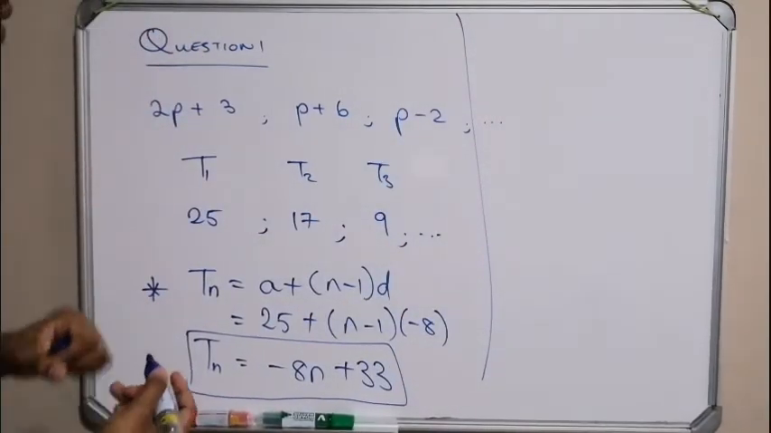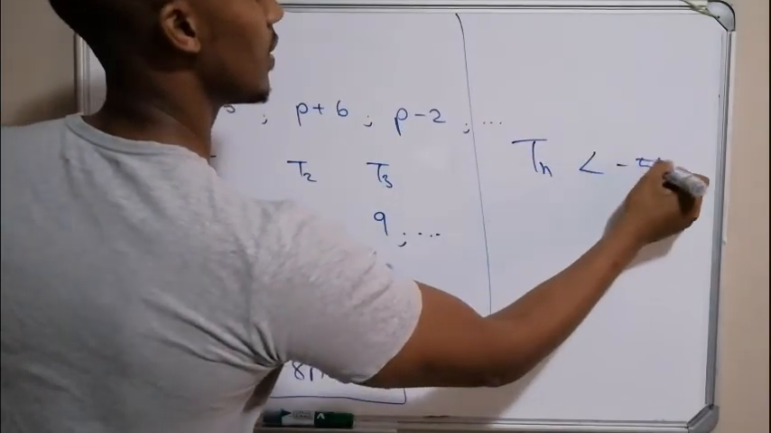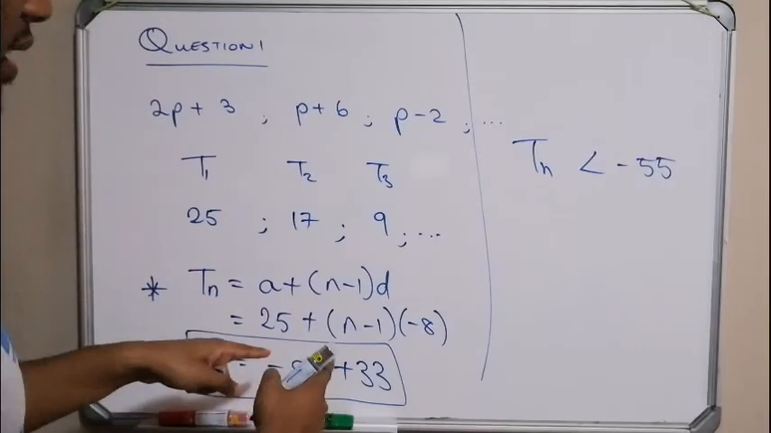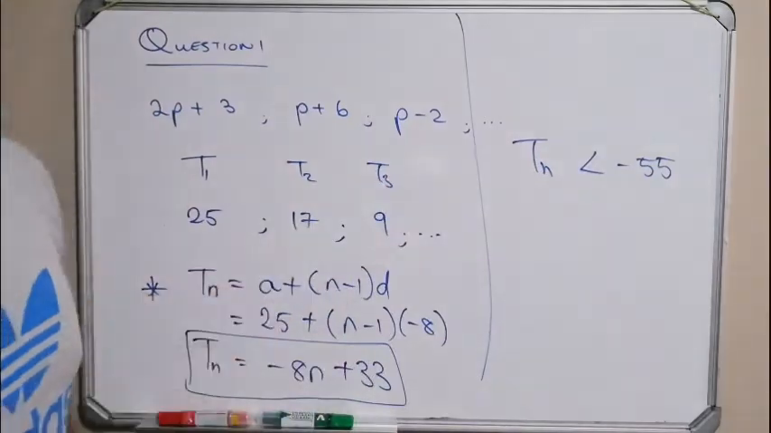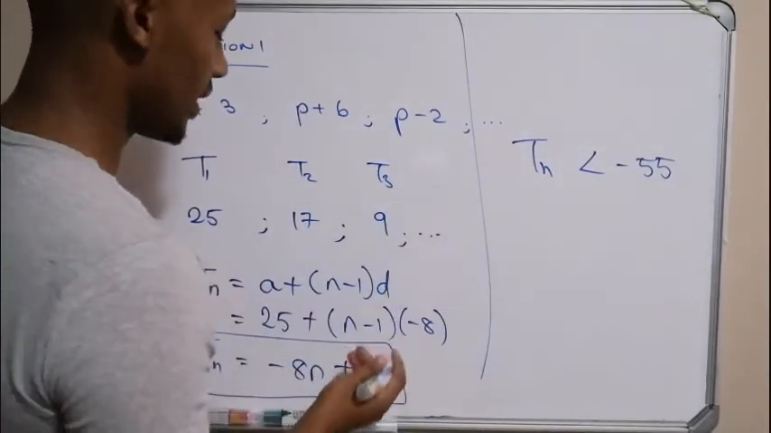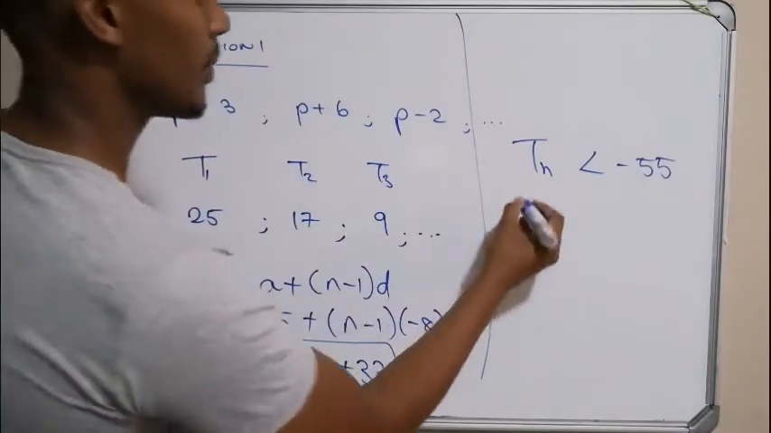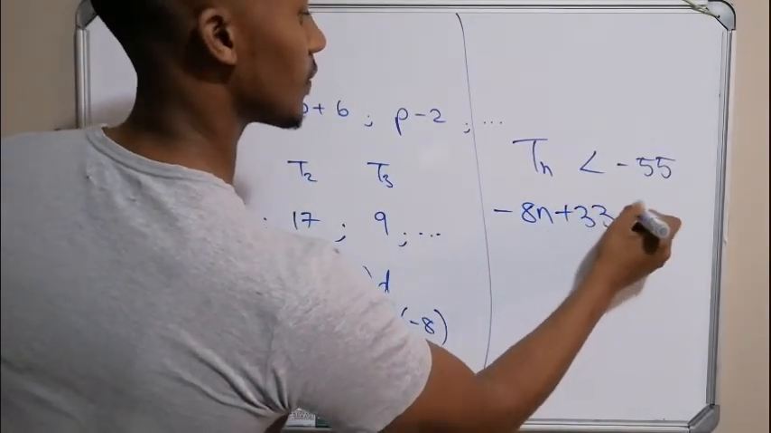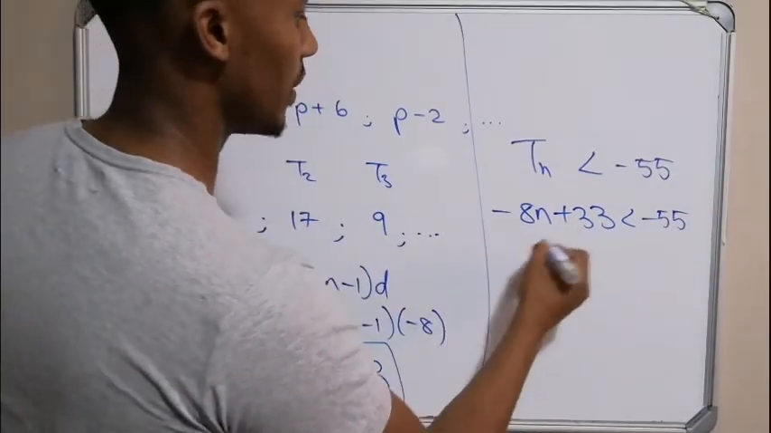Okay, so this is useful for our next question, because in the next question, they ask us to find the value of n for which Tn is less than negative 55. Basically, where is this arithmetic sequence less than that? Or determine the smallest value of n for which this pattern will be less than that. So I'll just substitute that in here, and we'll work it out